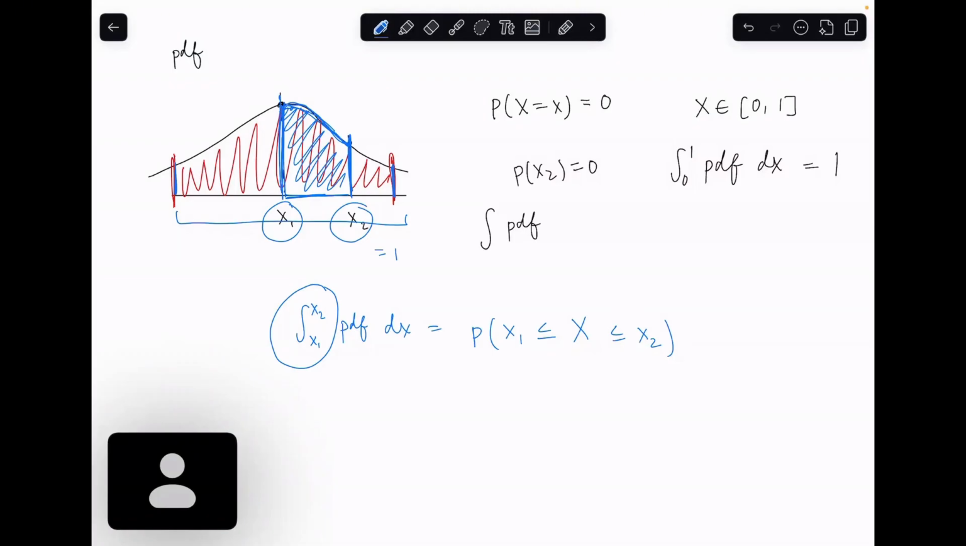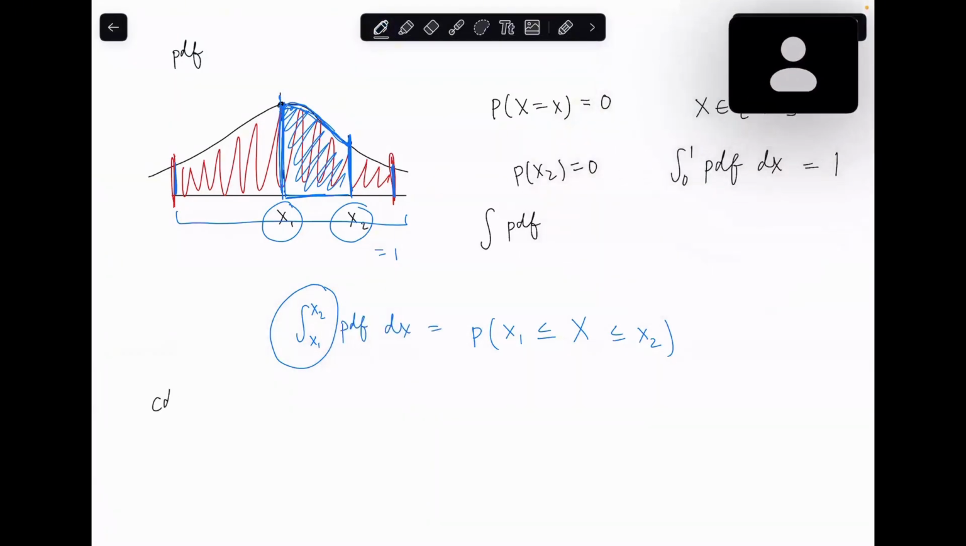In contrast, the CDF is pretty fun and very useful, because the CDF measures, I'll write it out so you guys have it, cumulative probability. So for example, if I have F of 2